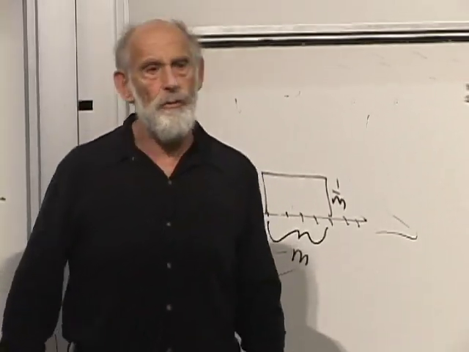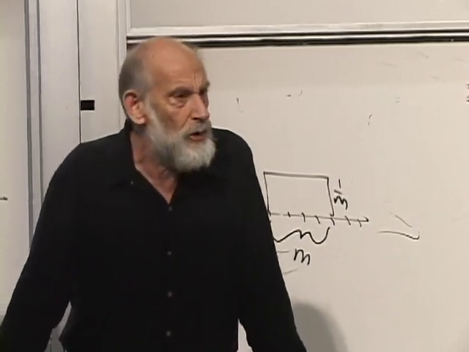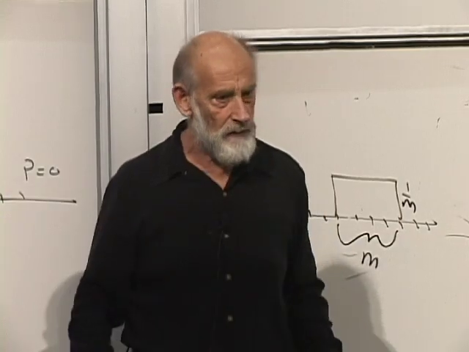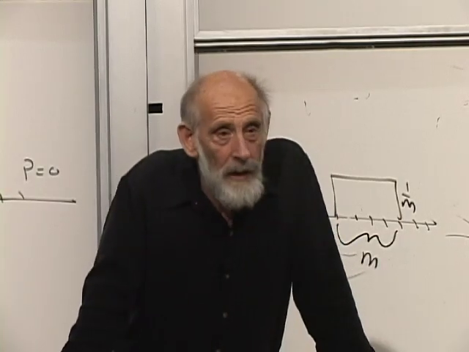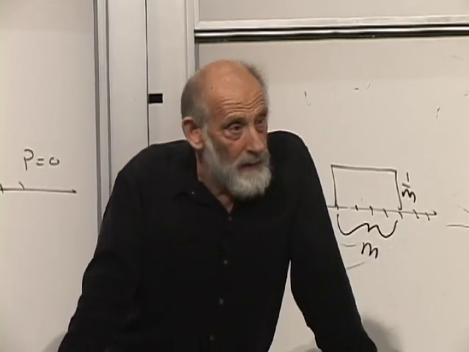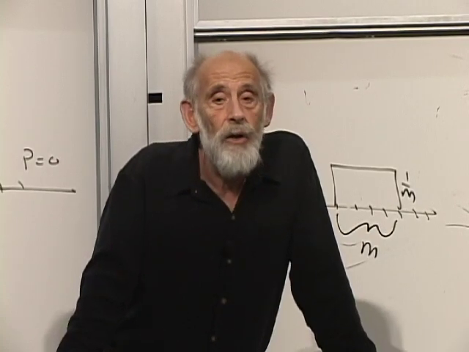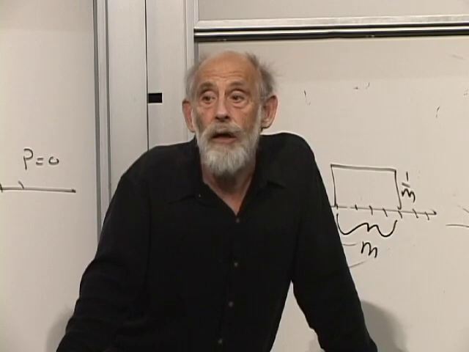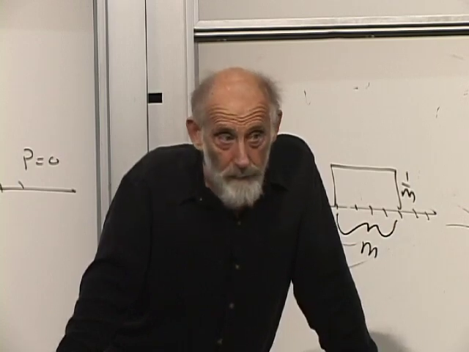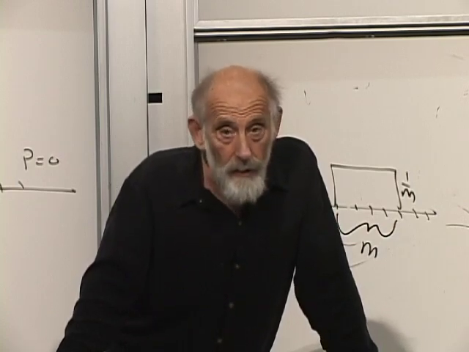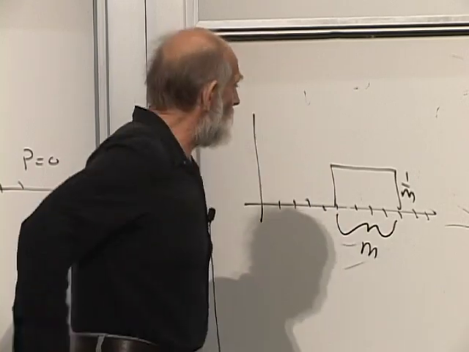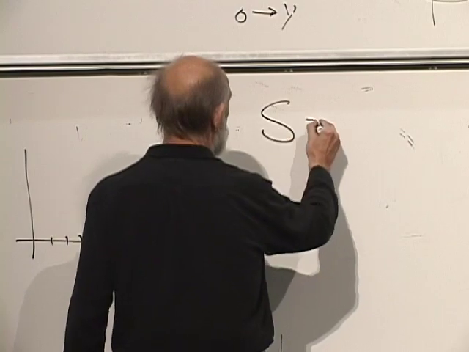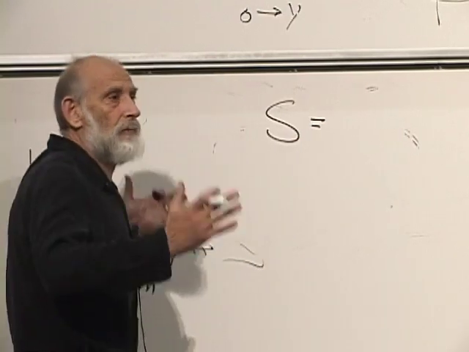But is it the only possible measure of your ignorance? No, you could take m squared, you could take m cubed, you could take any monotonically increasing function of m, and that would also be a measure of your ignorance. The one which is called entropy is the logarithm of m. Logarithm is a monotonically increasing function, log m, and it's called S. S for entropy. Why is S entropy? I don't know.